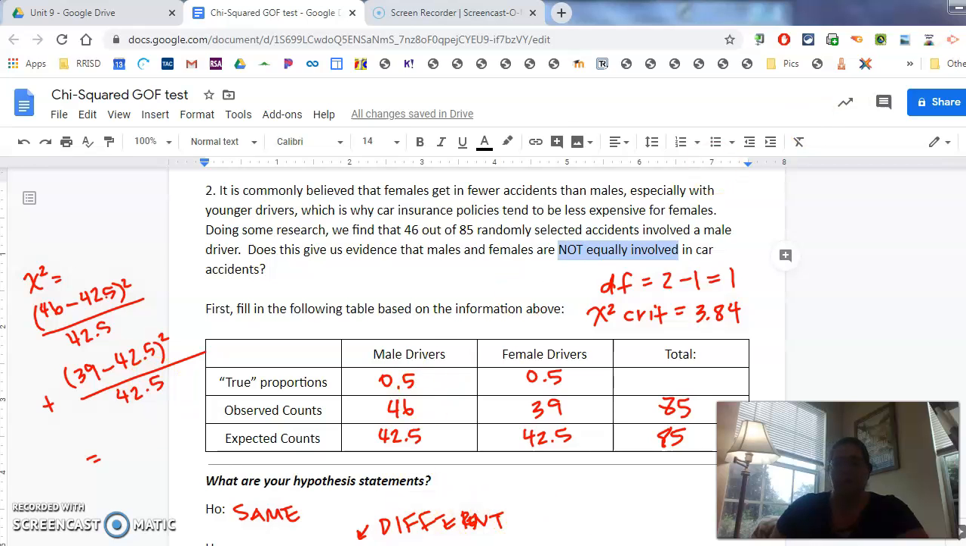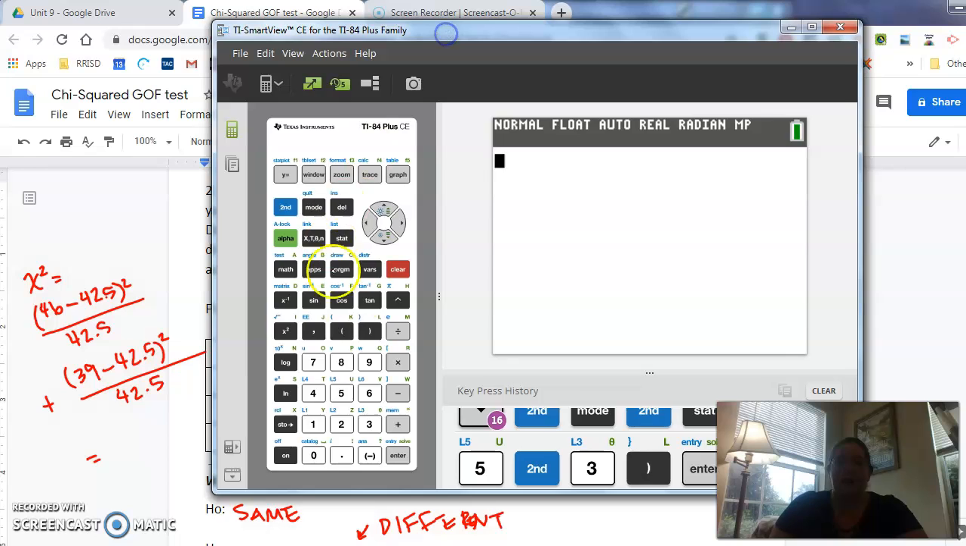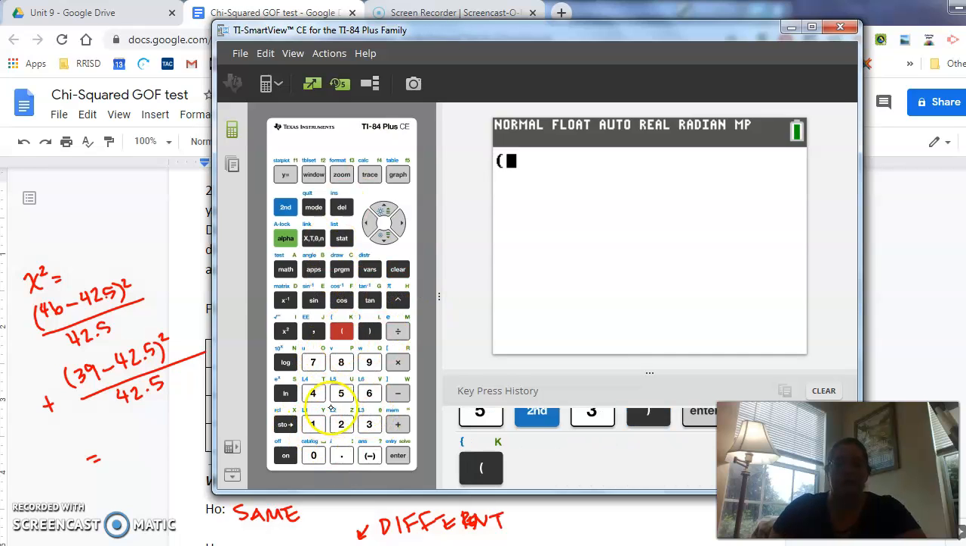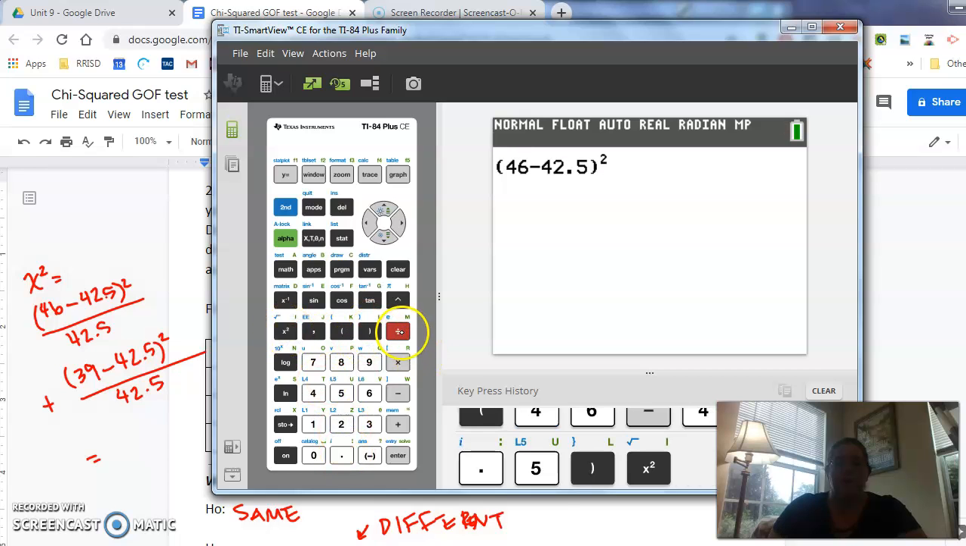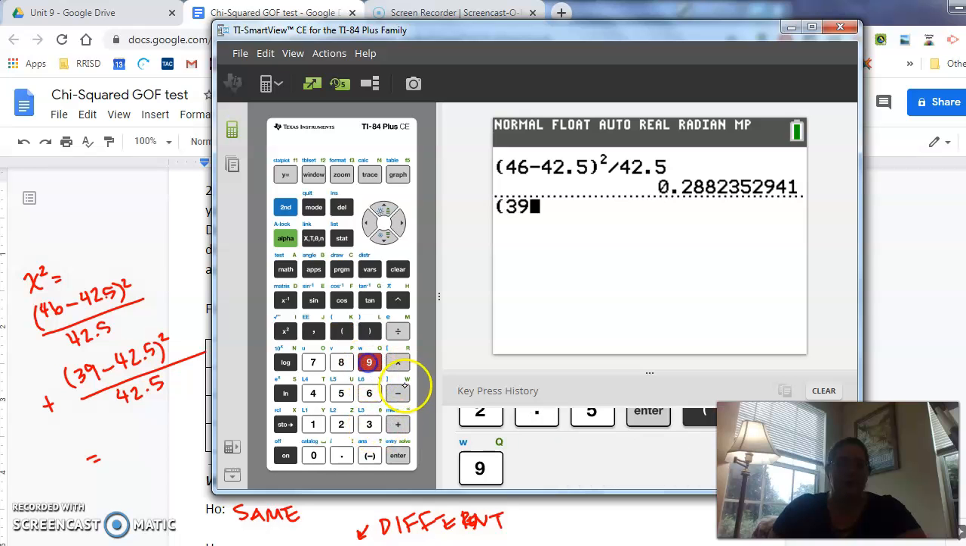Just to show you what that would look like, if I didn't feel like messing with the lists, I could just type in parentheses, 46 minus 42.5, squared, divided by 42.5. Boom, there's my value for males. Same thing for females: parentheses, 39 minus 42.5, close parentheses, squared,